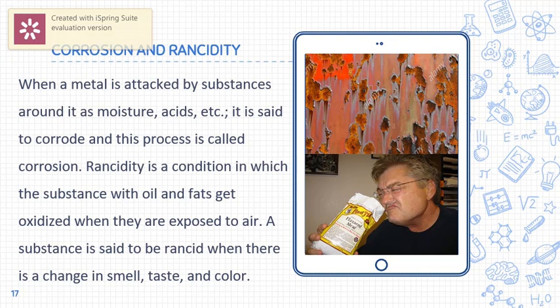Now, one more example of oxidation reduction is rancidity. You might have seen this in your everyday life, especially in the kitchen. Whenever oils and fats, or food made out of oils and fats, are stored for a long time, they get an unpleasant odor, an undesirable color and taste. So it spoils the food. All this comes under rancidity.